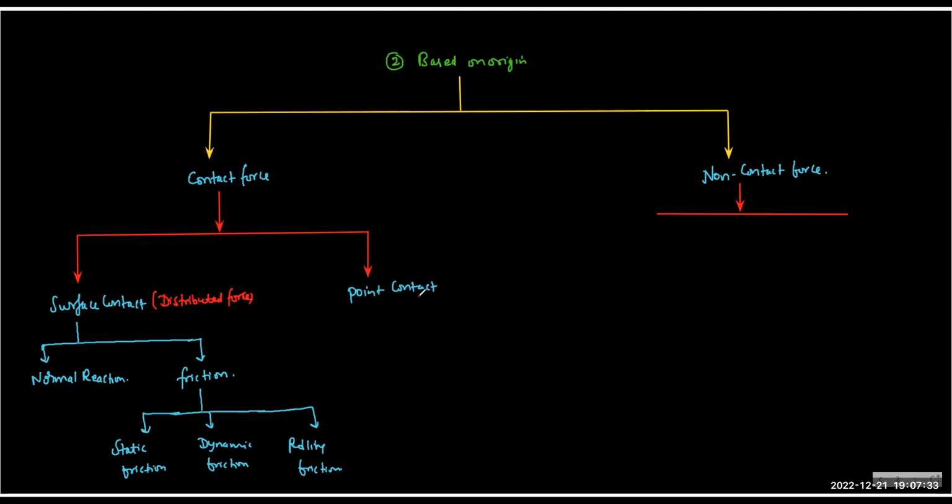Okay, so under the category of point contact, we have many forces, but we'll particularly look at two forces. We have tension force, which we call tension, which is the property of a rope, string, or wire. And we have something called spring force. These two forces come under the category of point contact. A rope is attached at a point, a spring is attached at a point, so it is not distributed mostly. So we treat it as a point contact force. Okay, so I hope the idea of contact force is clear.